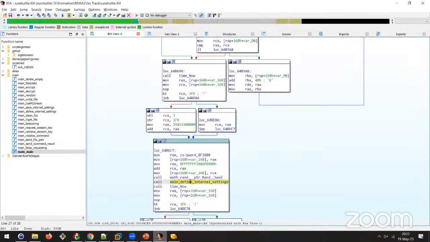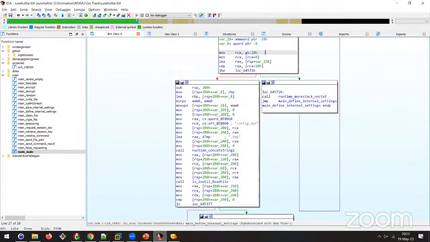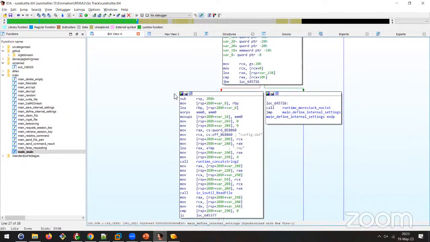Now, the next function call is sort of interesting for us, right? Because this is another function that comes from the main package. So this means that this is not something we'll be able to look up online. It means instead that this is code written by the developer, the malware author. It's something we need to get into. Okay. So we get in there, and I think this might be